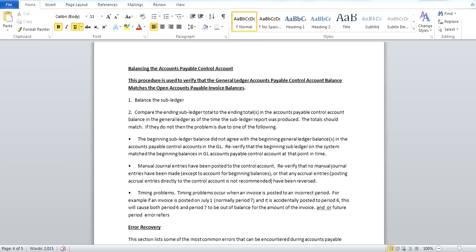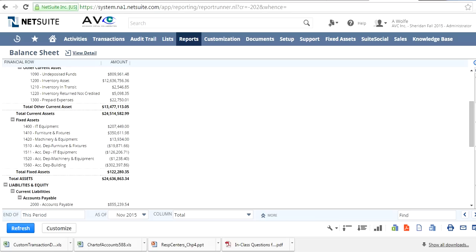And I do have some points that I wanted to go over and that we'll discuss as well when we're in class. Just some of the basic procedures that you should be using when you're trying to reconcile. You want to always, every month, every period closing, and I don't know if you recall, but before you can close out the period in NetSuite,